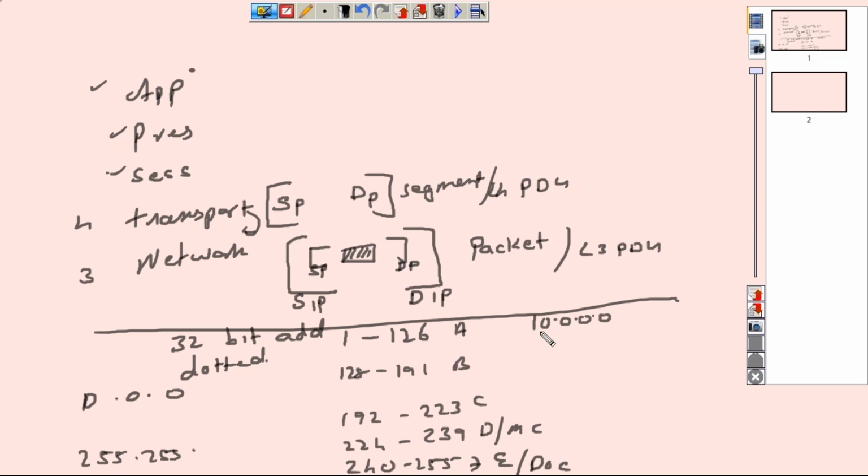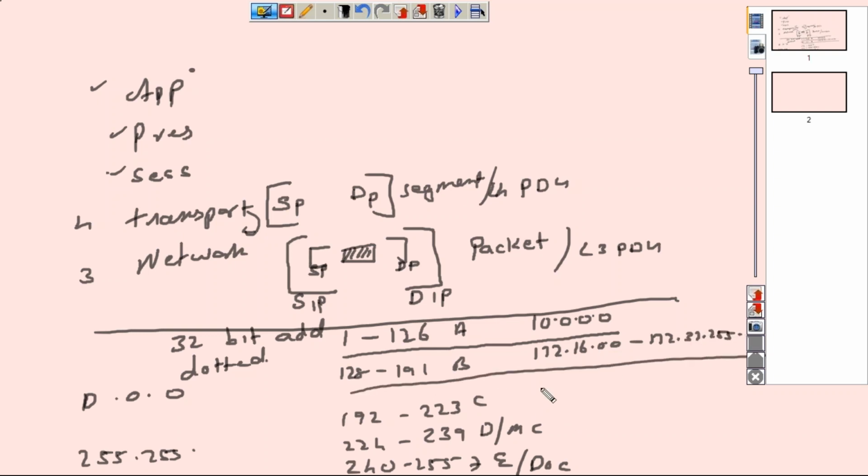All right. So the whole 10 series, right from 10.0.0.0 to 10.255.255.255, is the private range in Class A, right? In Class B, we have 172.16.0.0 through 172.31.255.255. And in Class C, we have 192.168.0.0, that complete range, as the Class C private, right? Isn't that what we did yesterday?